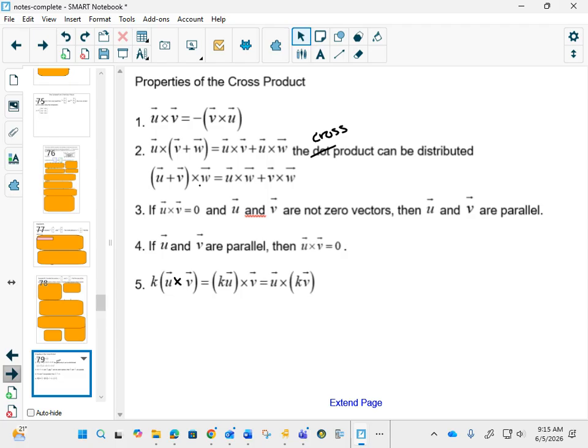Now you might think 3 and 4 are like, Mr. JR, did you realize you wrote the same thing down twice? It's not written down twice. It looks that way, but in mathematics, the first one says if the cross product is 0, then they're parallel. The second one says if they're parallel, the cross product is 0. It's important to say both ways because